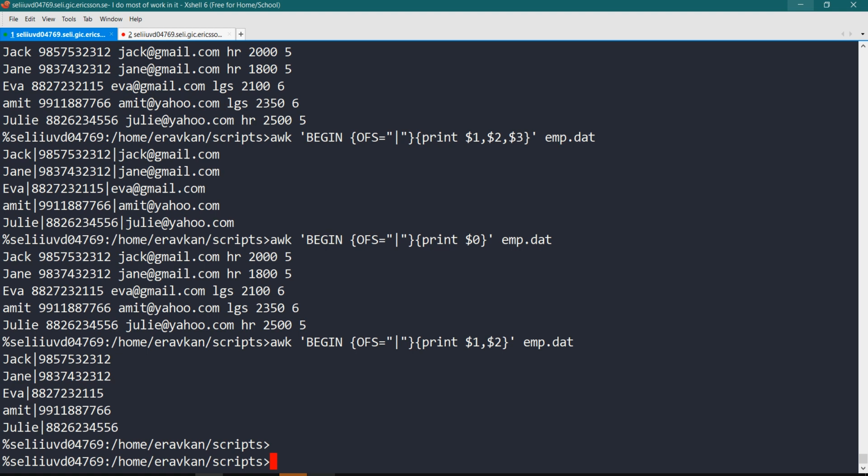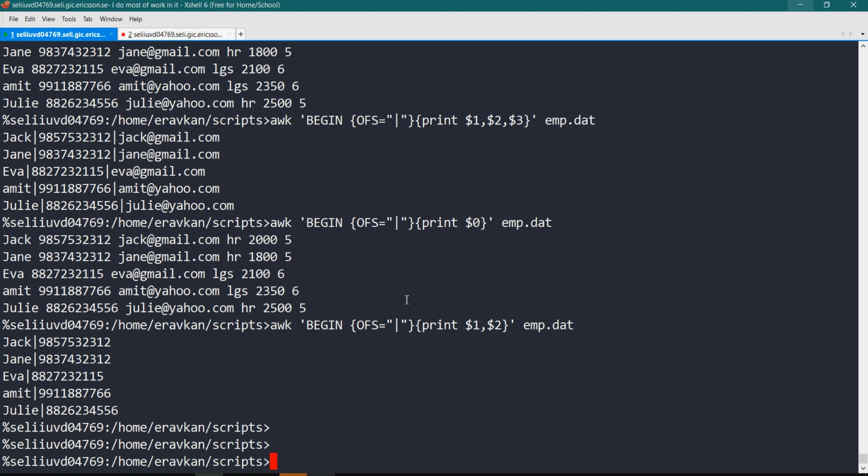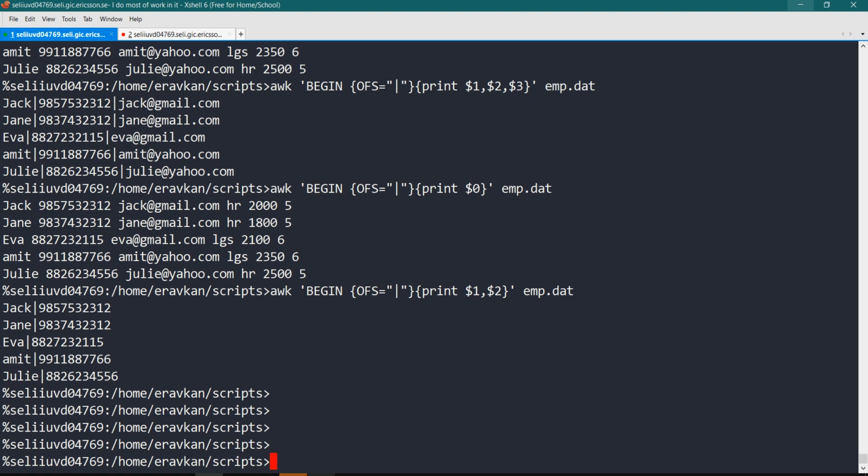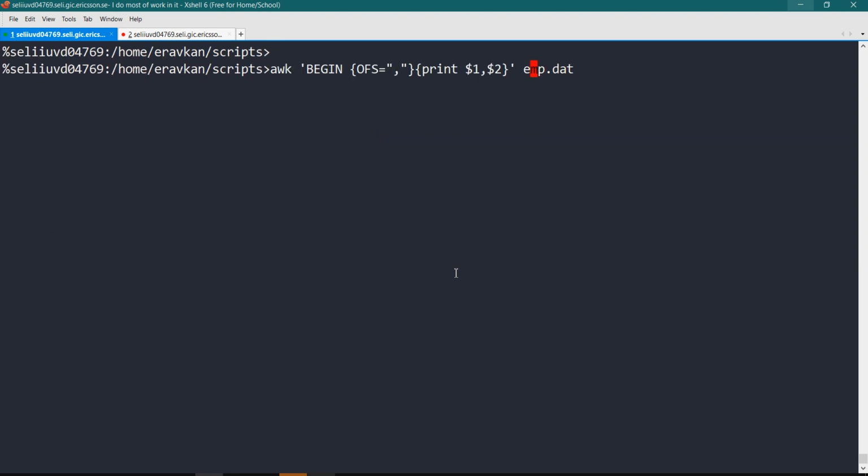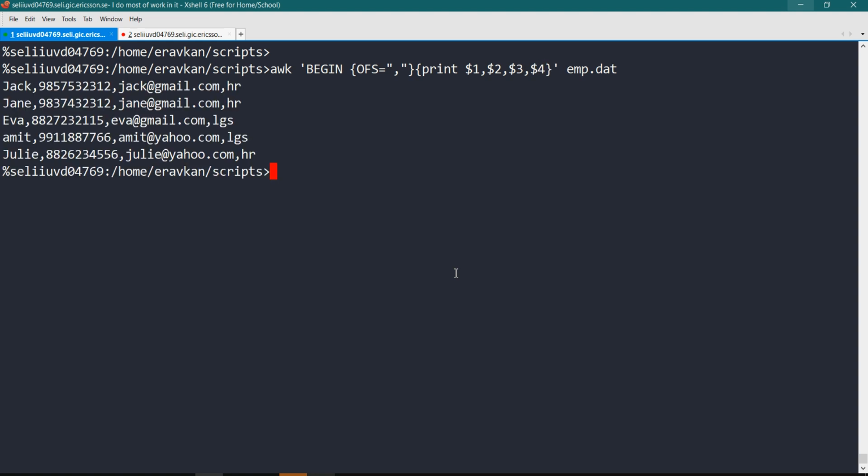Okay, let me give you an example. Suppose I have a file, I will take this file only. In this file, suppose I want to print all my fields, one second. I want to make this a CSV file, then I can make it a CSV file.